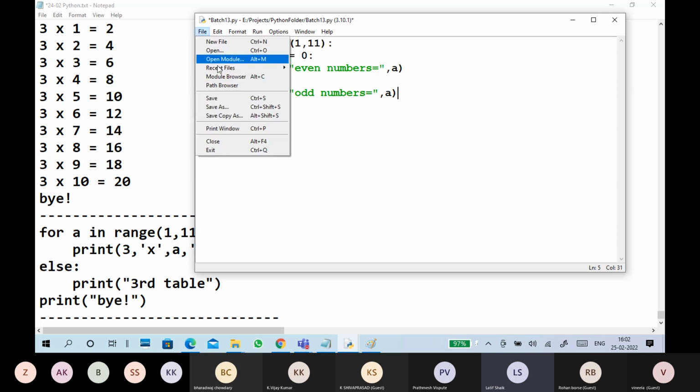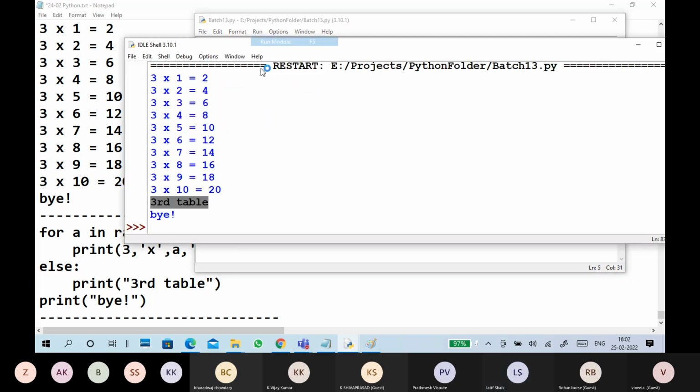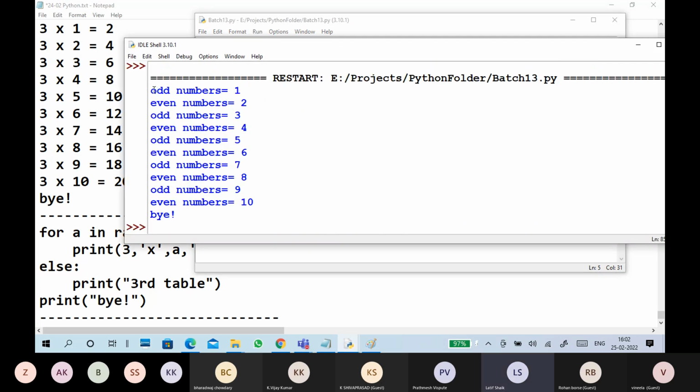This time, trying it, we get odd number, even number, odd number, even number, odd number, even number, 1 to 10.